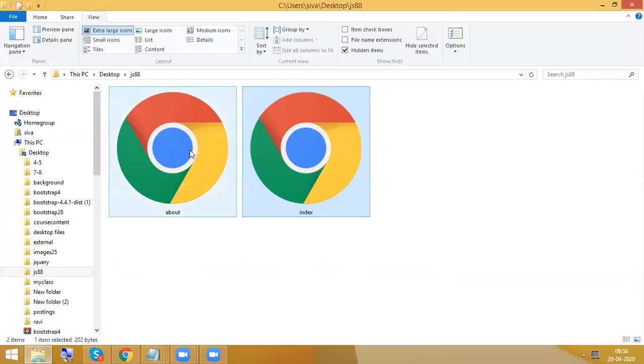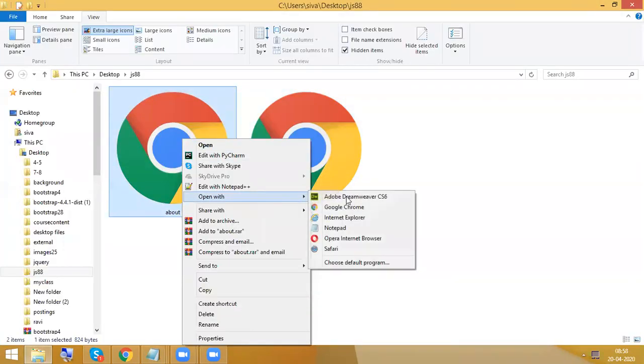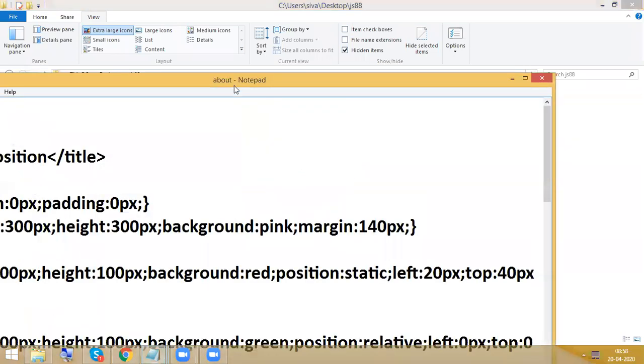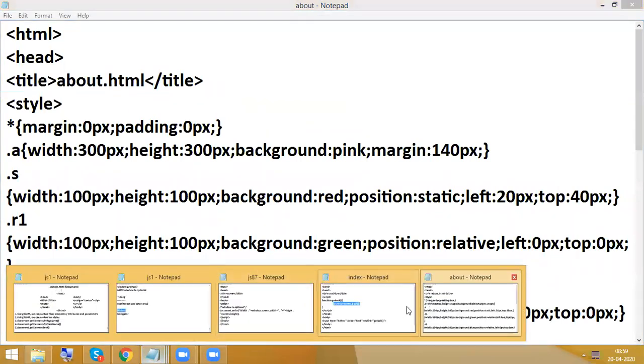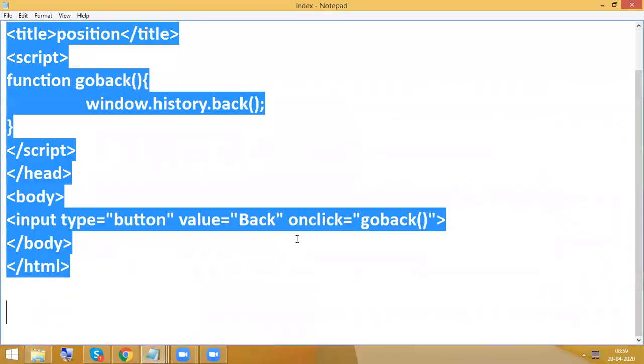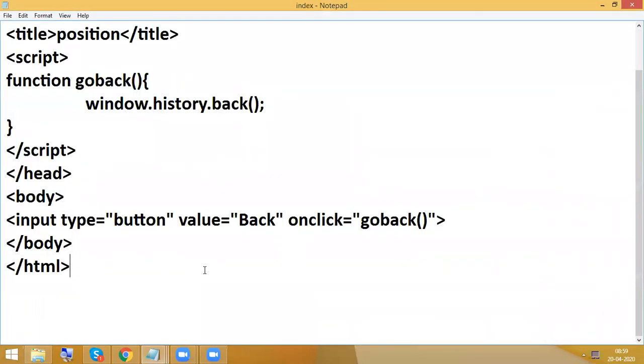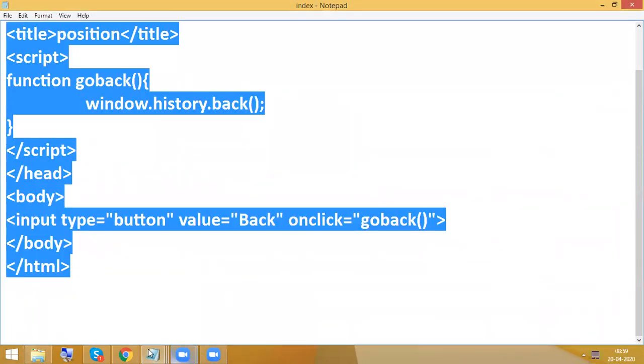And next I am going to have another example. This is a file which is named about.html. So just Control C to copy.